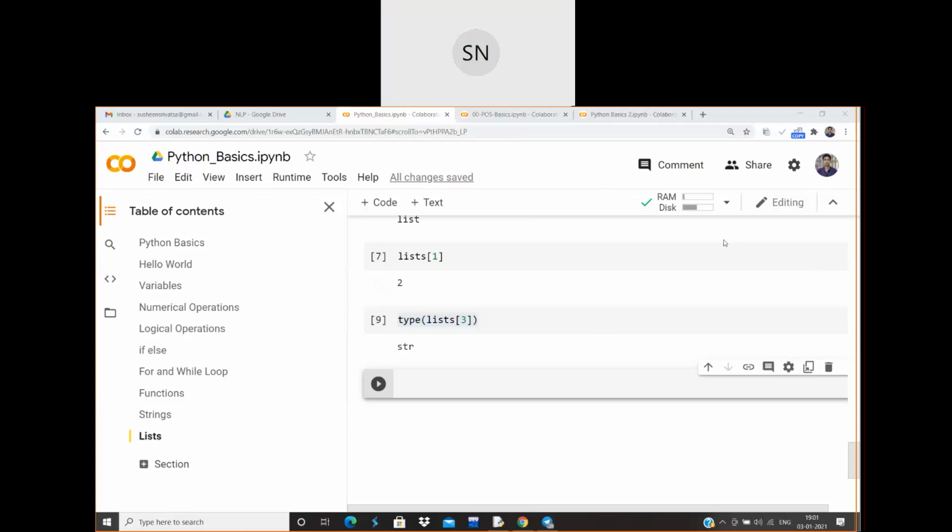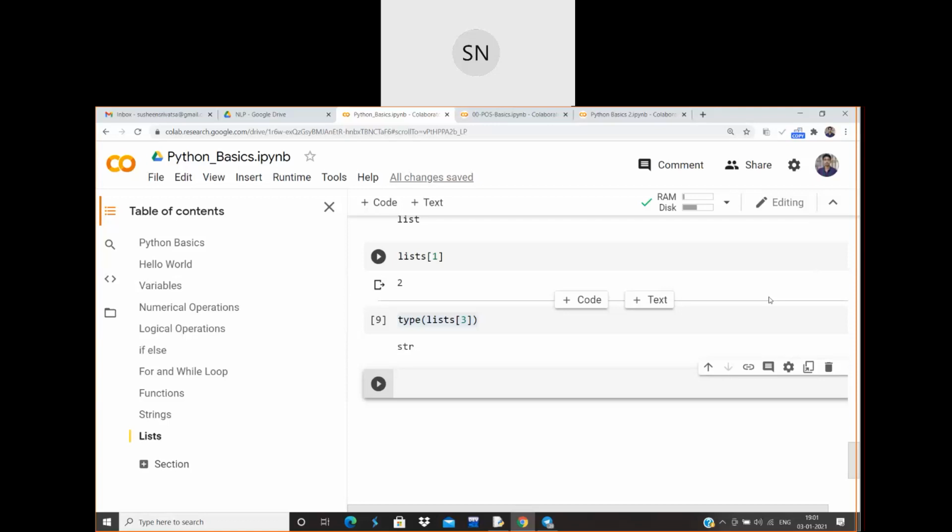I think it can't be done. Okay, Preksha was telling something. It can't be done. Okay, fine. If you want to increase the number of elements in arrays, we cannot do that one. But in this case, we can actually increase the number of elements that is present in a list. We can add some more elements than what we have defined.